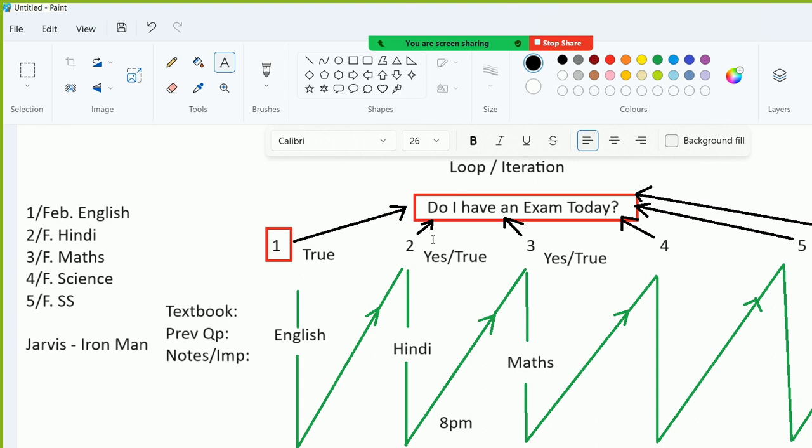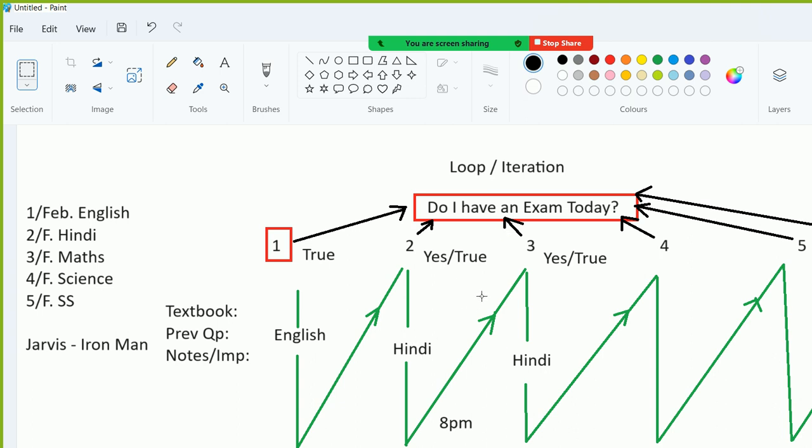So when in the real world it is 3rd of February, the other people are preparing for their maths exam, correct? As Iron Man is solely dependent on Jarvis for the information, in the morning he gets up. The real time is 3rd of February. So he's asking Jarvis, is the exam today? What will he reply? Jarvis will look over here: on 2nd, is there an exam? Yes. Which subject? So he will be preparing for Hindi. He'll put all the Hindi stuff and go. And when he gets the paper in hand, it will be of